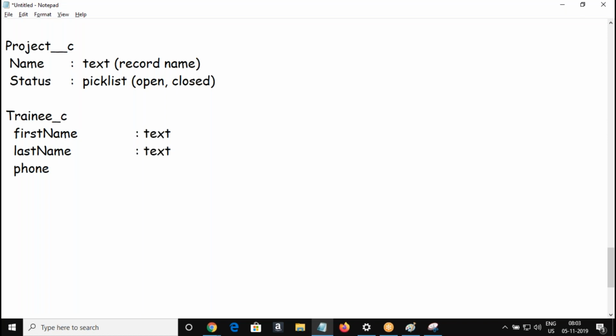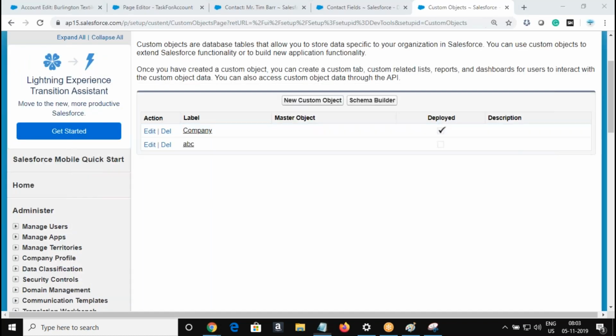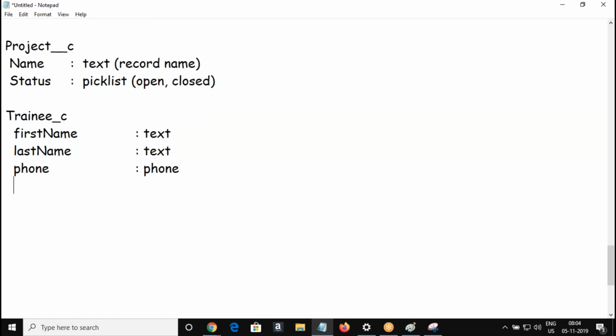Let's go with phone. It's a phone type. And this is a child object. So here we are going to create the lookup field. I name the field project name. I label the field project name. And it's going to be a lookup relationship field. Lookup to which object? The project object.